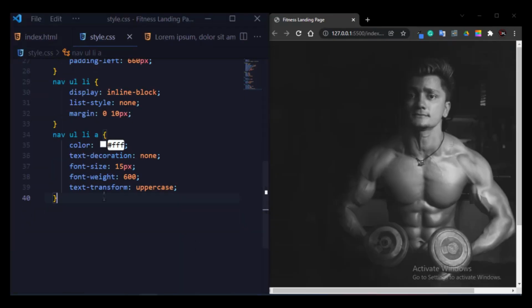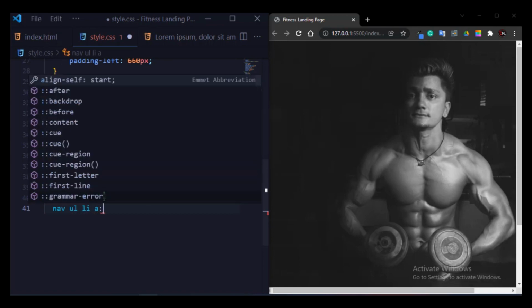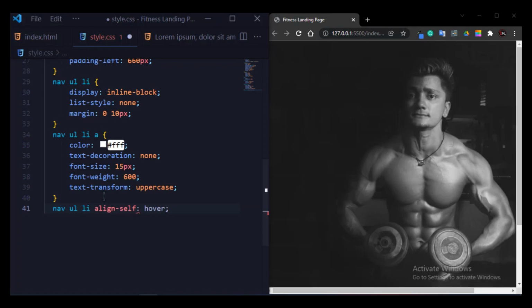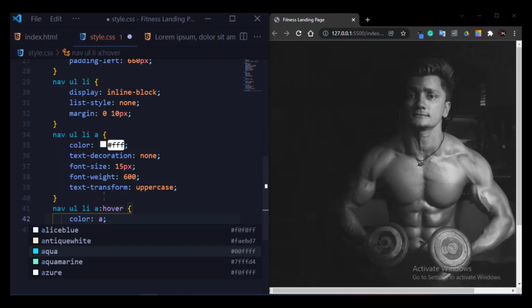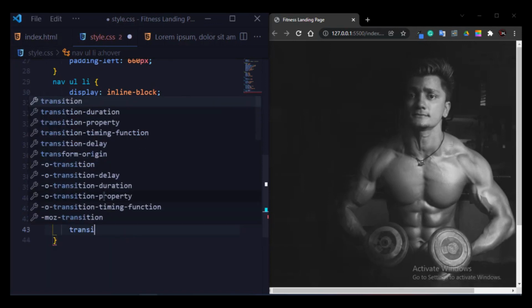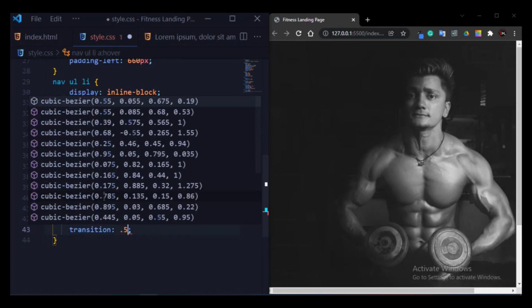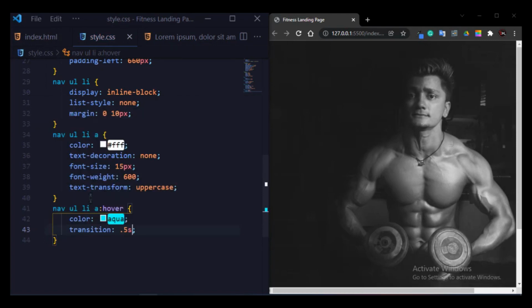So now I will add some hover effect to my navigation bar. So simply I will write here navigation ul li a hover and change the color to aqua and add transition property and give the value 0.5s.